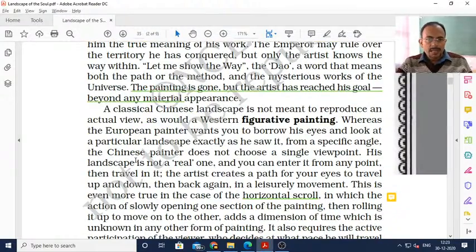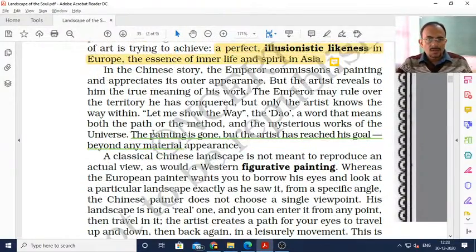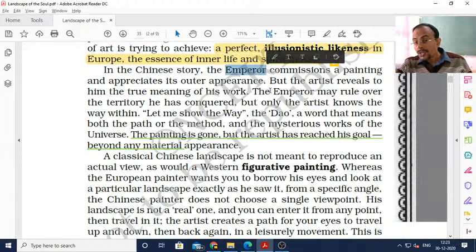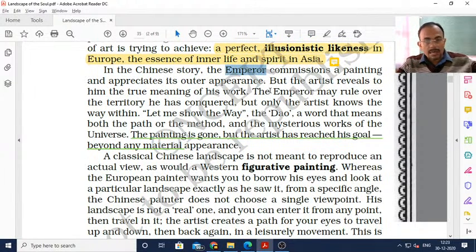Okay, a classical story. Then you see, in the Chinese story, the emperor commissions a painting and appreciates its outer appearance, but the artist reveals to him the true meaning of his work. Okay, in the Chinese story, what happens? The emperor commissions a painting and appreciates its outer appearance, but the artist reveals to him the true meaning of his work. Okay, the emperor is not a painter, so he can appreciate only the outer beauty of the